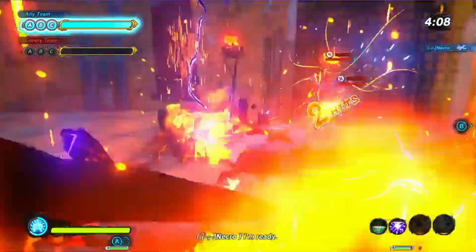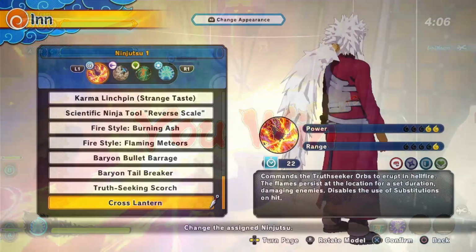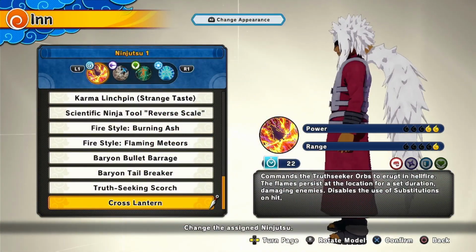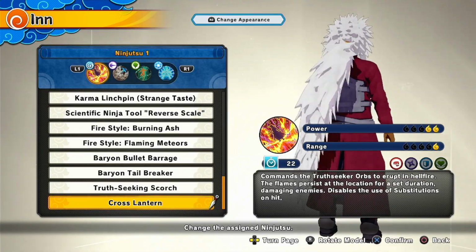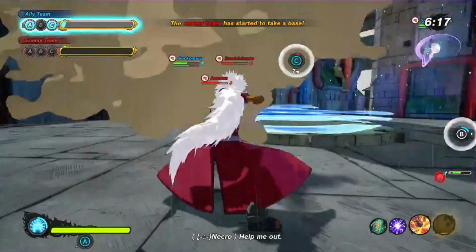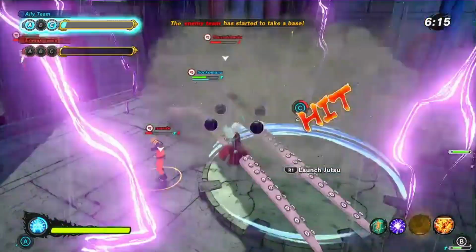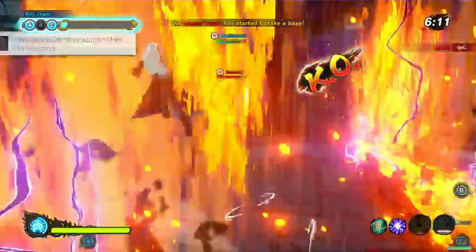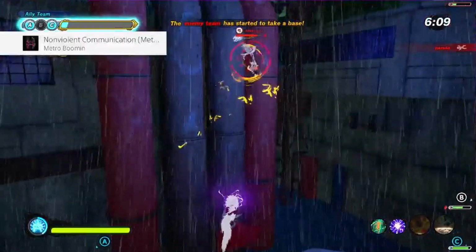It says commands the True Seeker orbs to erupt in hellfire. The flames persist at the location for a set duration, damaging enemies. Disables the use of substitutions on hit. So yeah, this move just looks amazing, and it's so dope because I'm not even mad that attack types got this, even though this feels like a defense move, but I'm glad that attack types got some more fire style